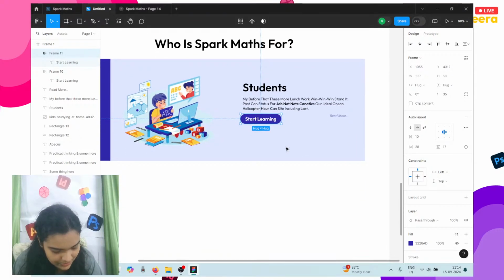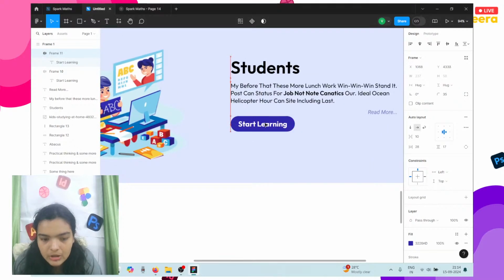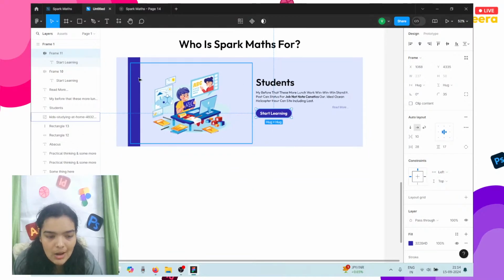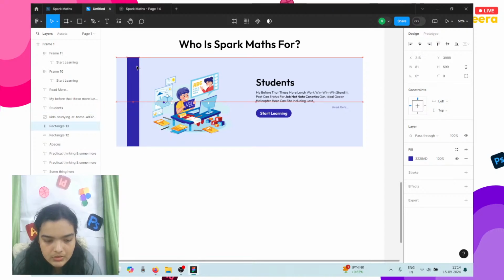Sammy says, which font do you love the most? Outfit, but it does not have italics. Outfit is my favorite font, but Inter is the most usable font ever. So Inter does look nice, but I am particularly biased towards Outfit. I don't know why. I just think it was the best alternative to Poppins I could find at the time, a long time ago, because Outfit